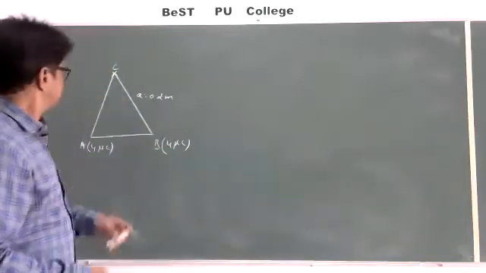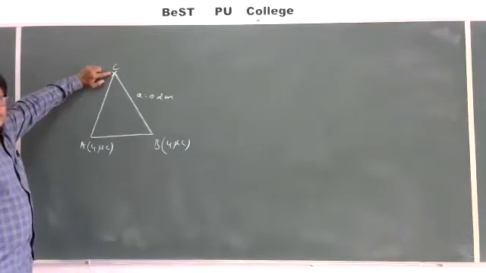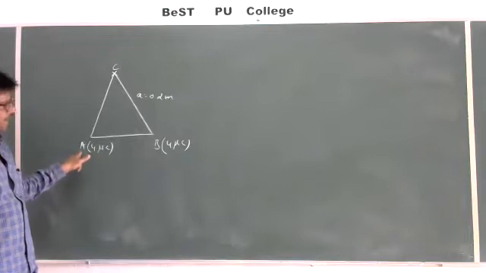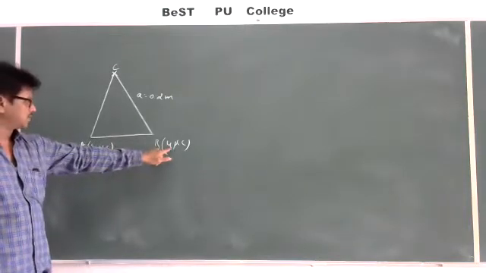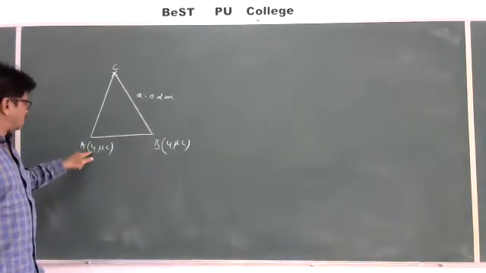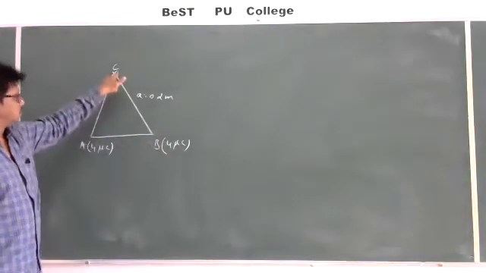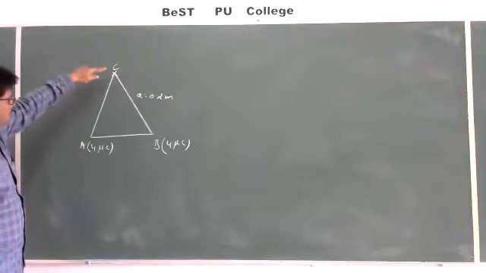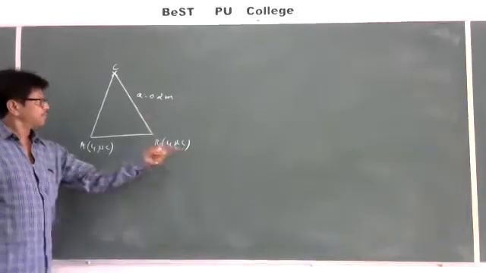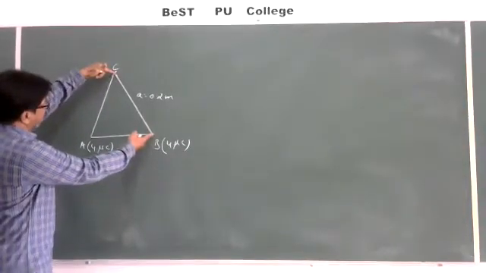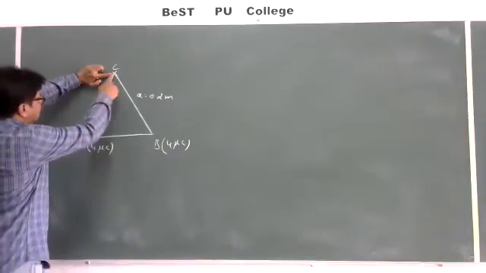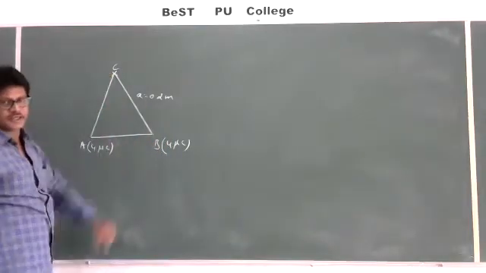Now, at the point C, there will be two potentials. One is because of the charge which is at A. Another one is the charge which is at B. So at C, because of the charge Q1, one potential. Because of the charge Q2, one more potential. But if you see the diagram keenly, in both cases the charges are the same, and in both cases the distance of the charge to the point is also the same. So the potential at C because of this charge and because of this charge are equal.